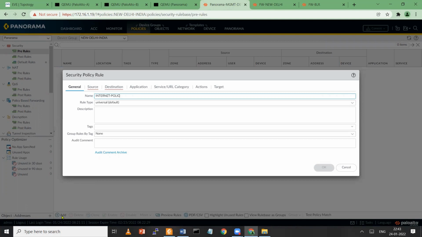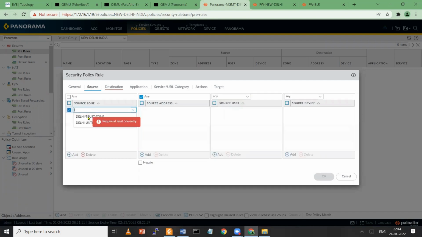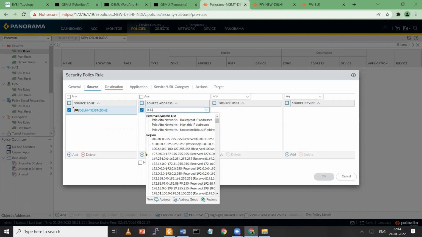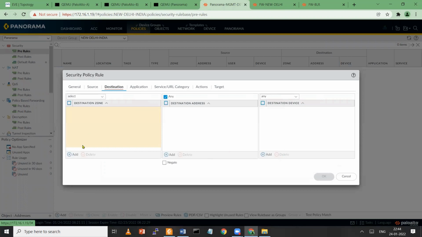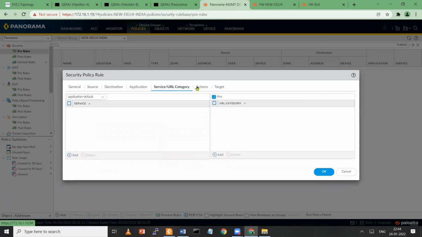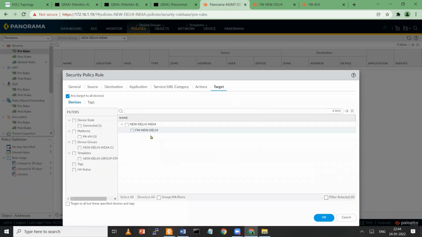Internet policy for Delhi location, and the source here Delhi trust zone, and the source address will be our LAN segment, and destination is your untrust zone. So all services, action. Here you can select target device, which is New Delhi, India, and your device is firewall New Delhi, and select OK.